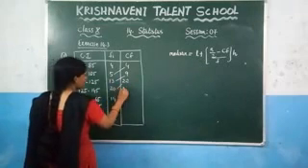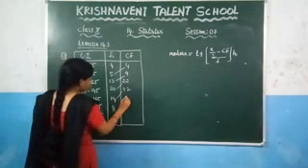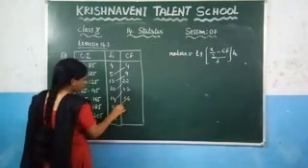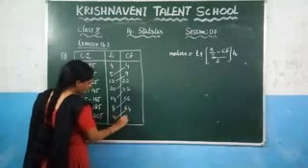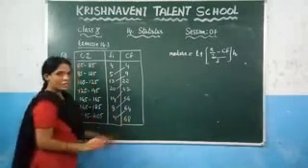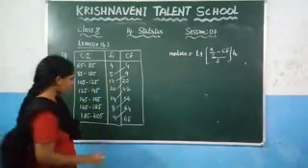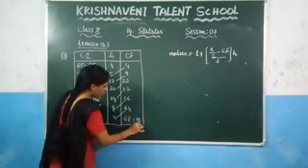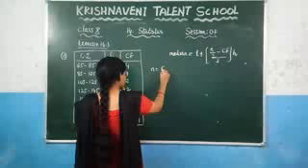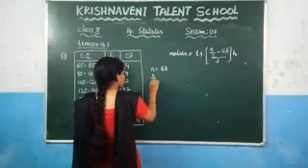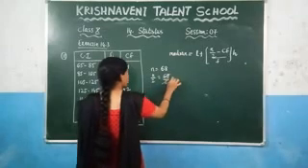Now after that you will get 42, and then 42 plus 14 which gives you 56. 56 plus 8 is 64. 64 plus 8 which is 68. 68 is nothing but the sum of all these frequencies, which is the value of n. So what is the value of n here? 68. So write it here, n is equal to 68. So what is the value of n by 2, which is 68 by 2? What will you get here?